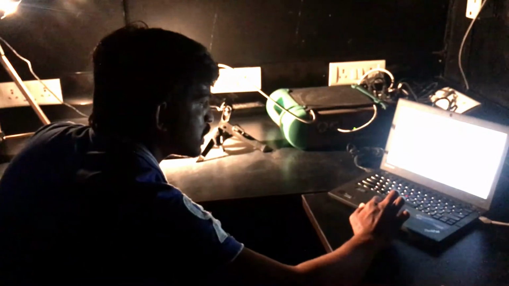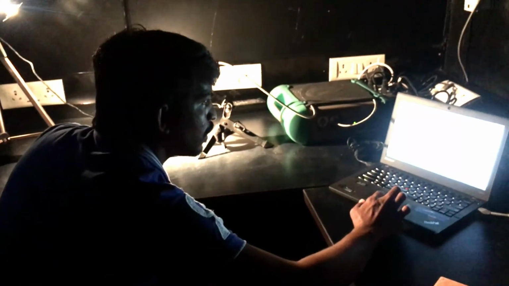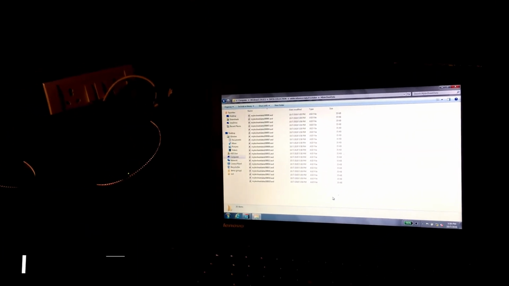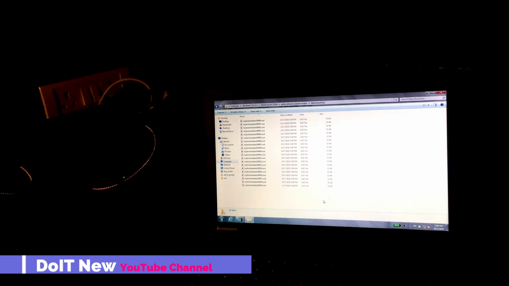You can see in the folder, data collection, data reference panel, then in the Mylar sheet, you can see the Mylar sheet files. Now all the spectrum files are stored in that folder. You can view this file by using the VisualSpec Pro software, which I will show you in the next video.